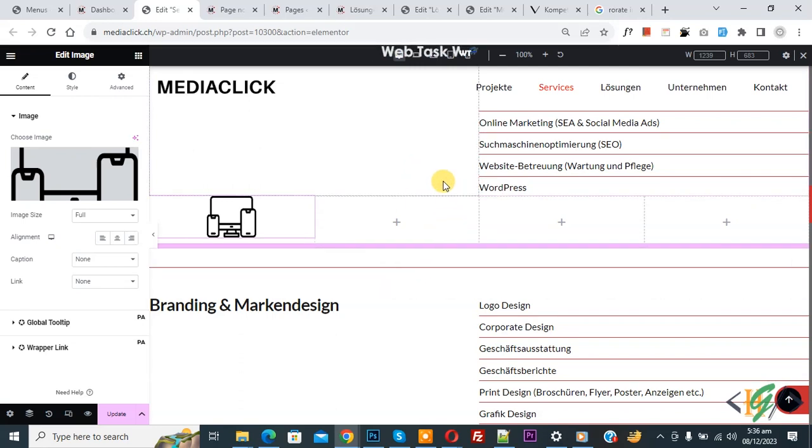Bismillahirrahmanirrahim. Assalamu alaikum. My name is Hassan and today we are going to add rotate floating effect in image in